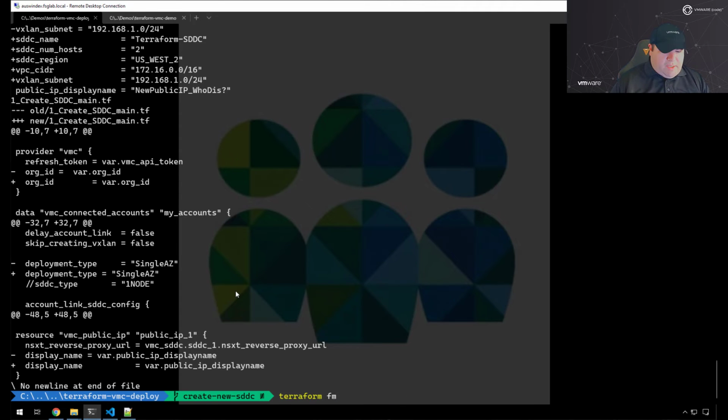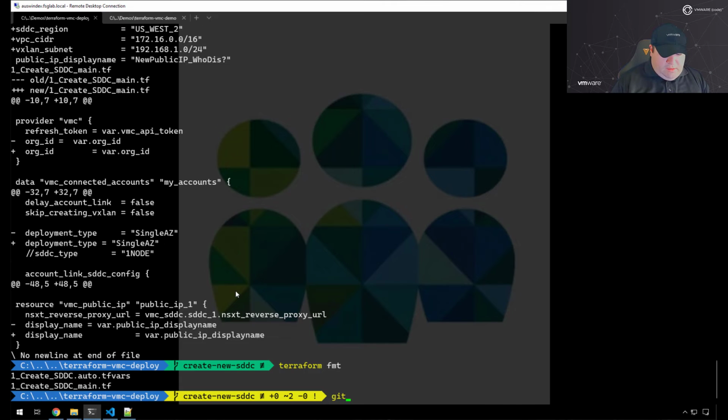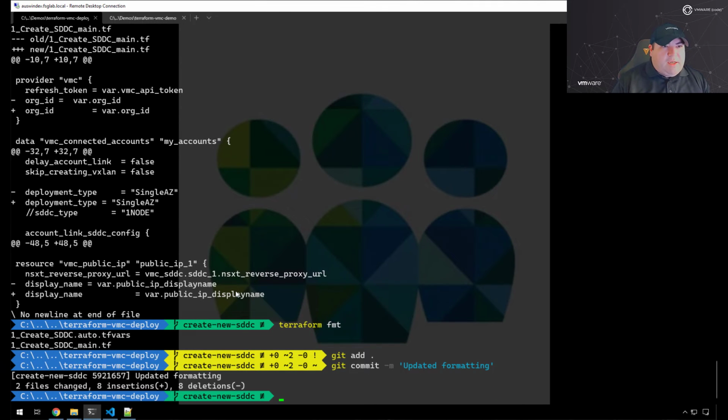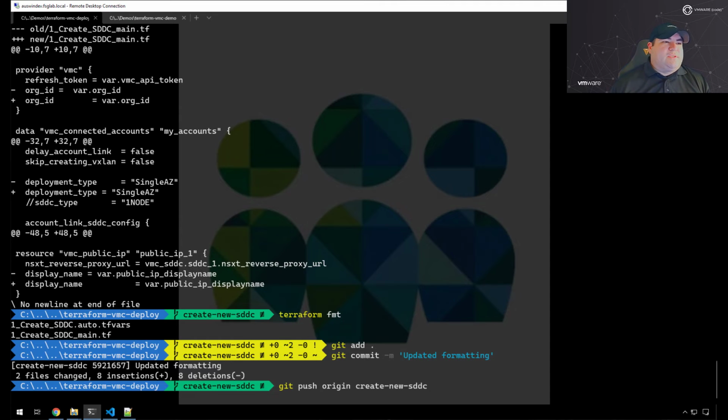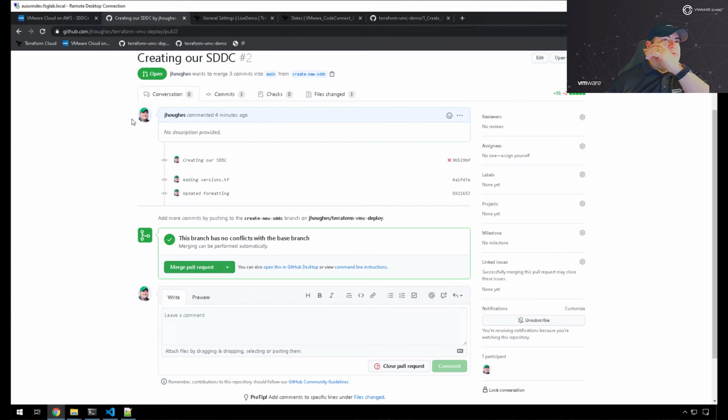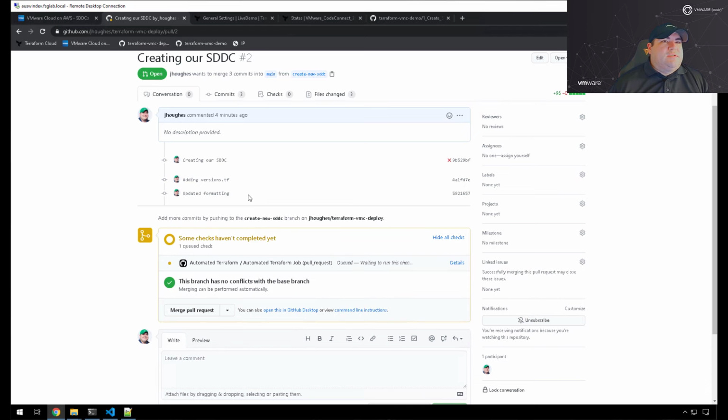So I'm going to go ahead and run my Terraform format command and add everything again. Updated formatting. Okay, so all of these commit messages are coming in here to show what it is that I'm actually doing on the command line here, and then what it is that's going to happen within the workflow itself, right? So we'll see every checkpoint that we had essentially for every one of these commits, and in the workflows we'll be able to see where these succeeded or failed. So updated formatting. So this is going through yet again. So we're going to take one last look at our workflow here,